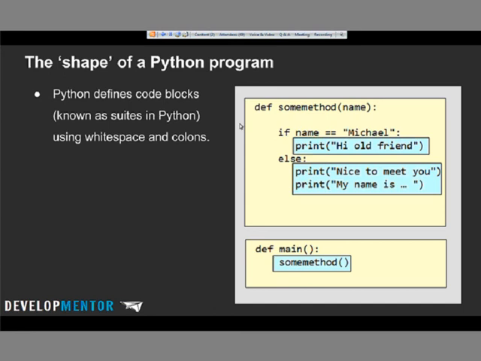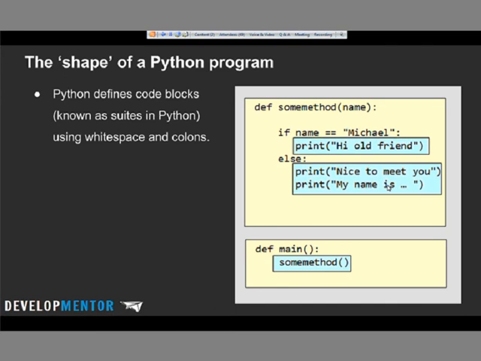So here we're defining a method. We just say def some method, colon, and then you indent. And you indent 4 spaces, not 3. You indent 4 spaces, not tab, 4 spaces. And as long as you're indented 4 spaces, you're in this method. If you drop out, like here we unindented to this def, now we're defining a new method. All right. Similarly, we have an if statement, colon, space, space, space, space. Here's some stuff in that block, unindent, you're in another block, else, and so on.